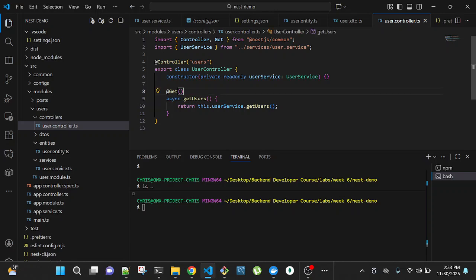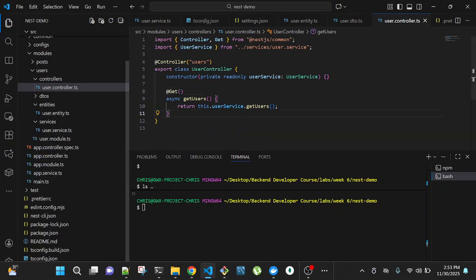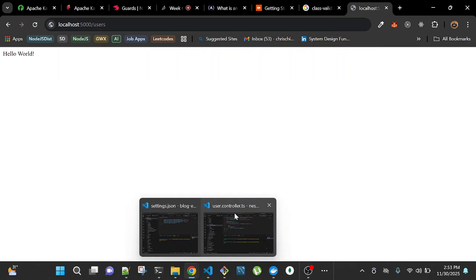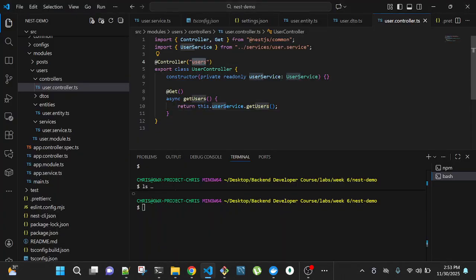So here now I've told NestJS that this is going to be a get request. If we go back to where we made our request and I do this slash users, this slash users here is because of this here, right?